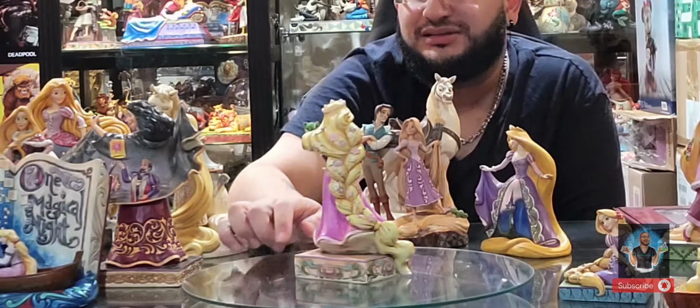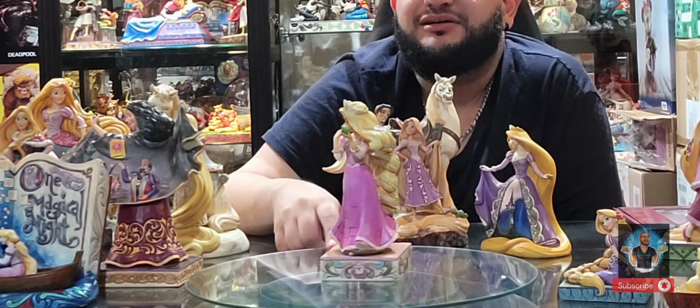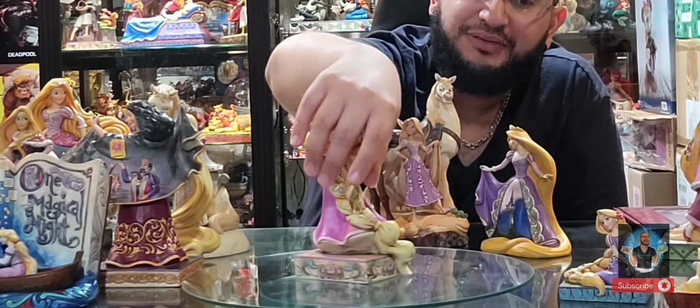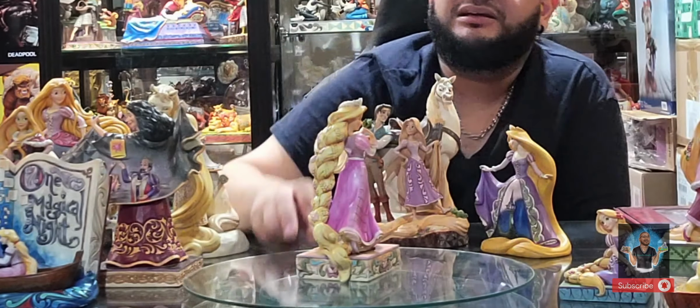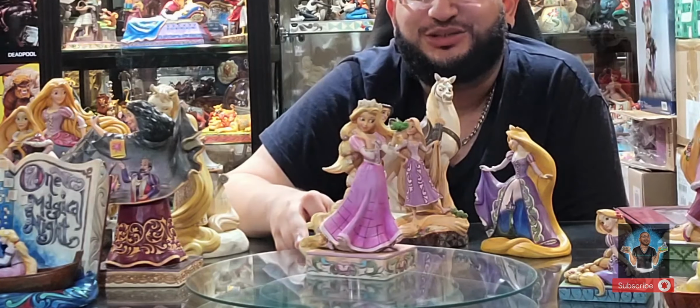And as you zoom in on the details, the base is absolutely stunning. What I love is her hair. Look how thick and luscious her hair is. It's a big, big braid with all the floral detailing, and there's this floral daisy detailing all over. She's wearing a crown. She's blushing as she's looking into her little,